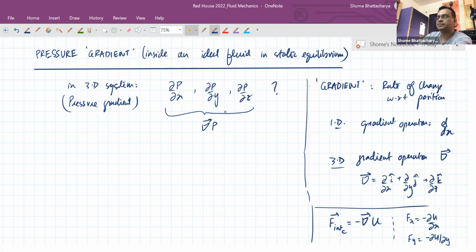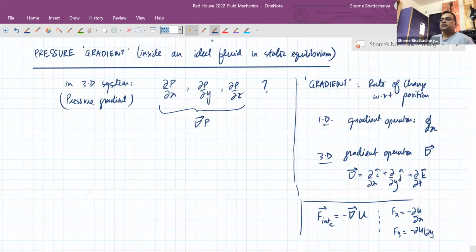But in this chapter, we will not only study liquids which are at rest in the inertial frame, but we'll also come to a more interesting case where we are looking at a liquid which is at rest in a non-inertial frame. And there we will see that it can have a gradient in more than one direction. It can have, for example, a horizontal pressure gradient along with a vertical gradient. Hence, it's important that from the beginning, we have the vector notation of gradient. Or we understand that when we're talking about gradient, we're talking about rate of change with respect to position in 3-dimensional XYZ space.